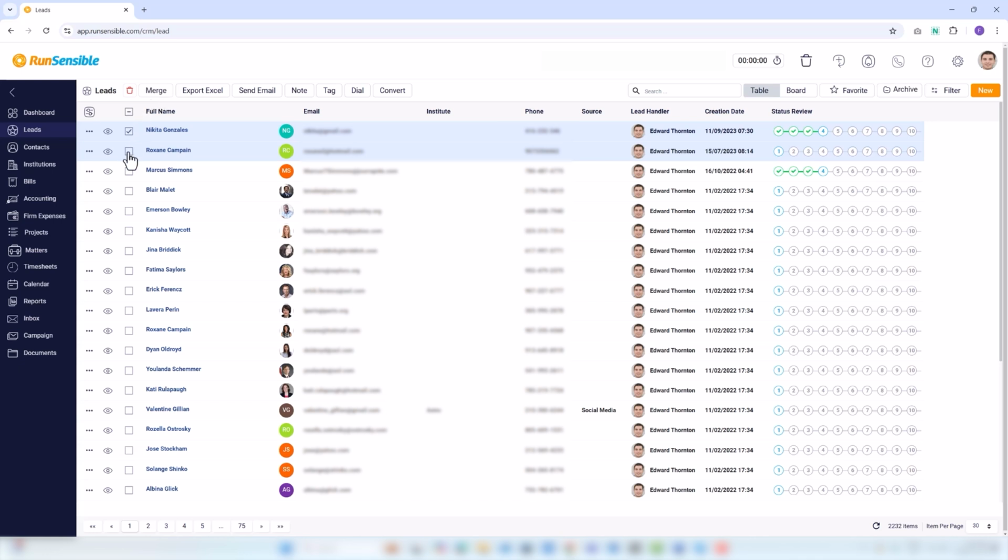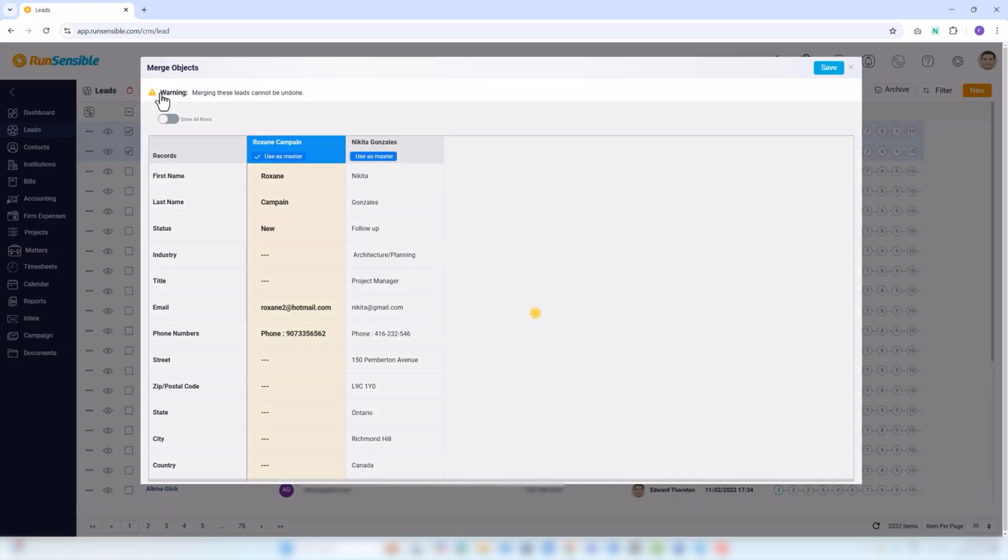To begin this process, start by selecting the leads you wish to merge by clicking the checkbox on the left side of each lead's name. After making your selections, navigate to the top of the screen and click the Merge button to initiate the merging process. Once you enter the Merge Object interface, you will be presented with a comparative view where the key details